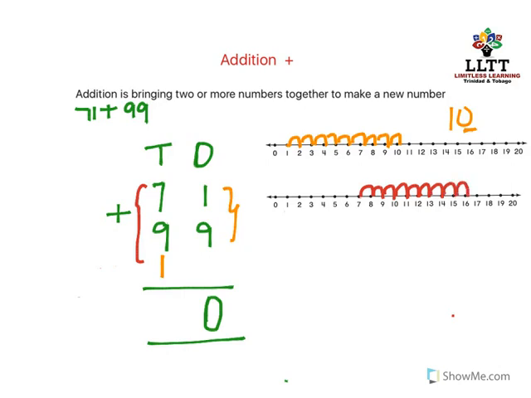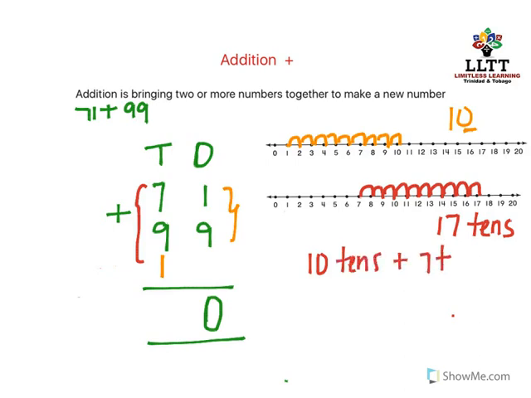And then I have to move an additional 1 space. So that gives me 17. And these are 17 tens, because remember we're adding tens. 17 tens is the same thing as 10 tens